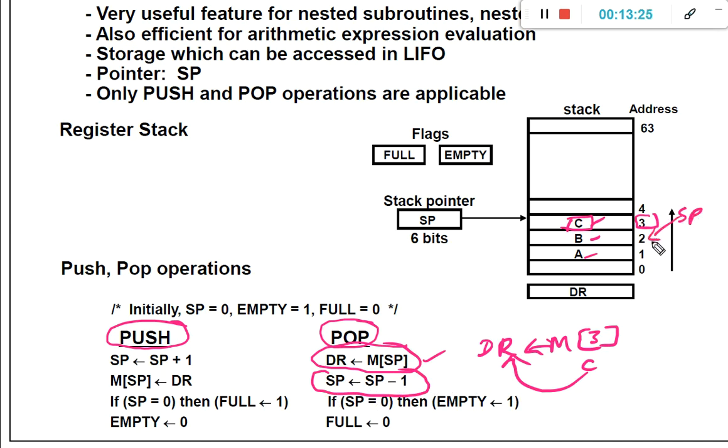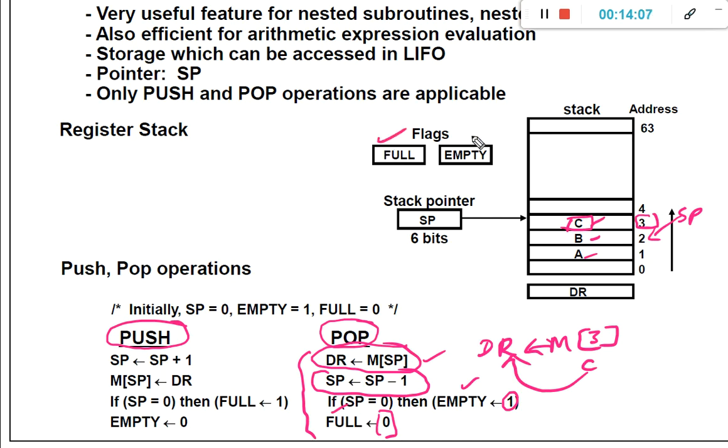So it is going to show the value 2, memory location 2. If you keep on decrementing like that, if you remove b, a also, then SP will come to 0. If SP comes to 0, what does it mean? Stack is empty. So you need to assign one value to the flag empty. Otherwise, if SP is not equal to 0, then what does it mean? The stack is not full, elements are available. So you need to assign 0 to full. So these are the 4 steps you need to perform during the pop operation.